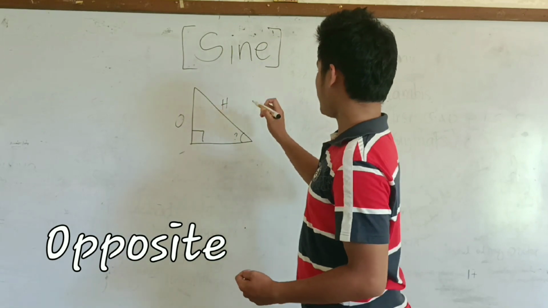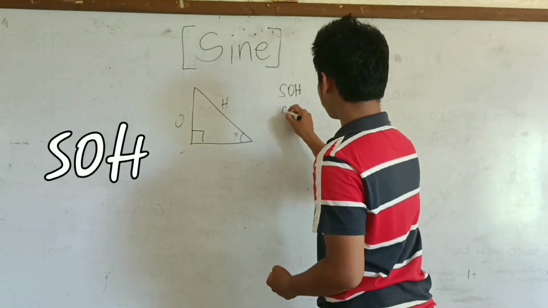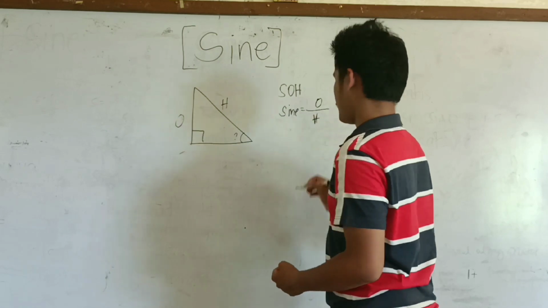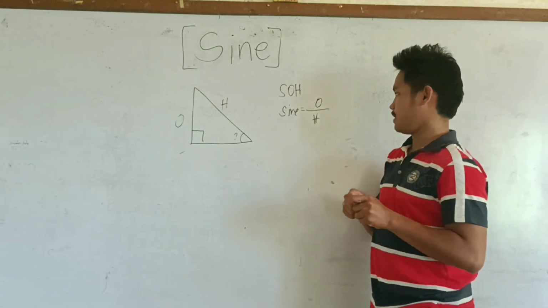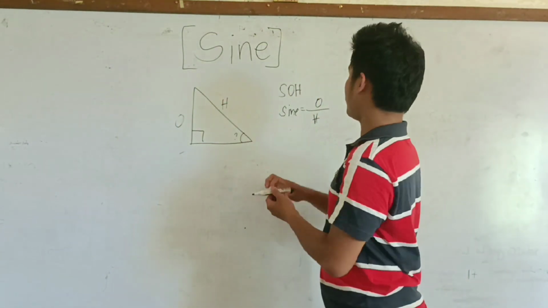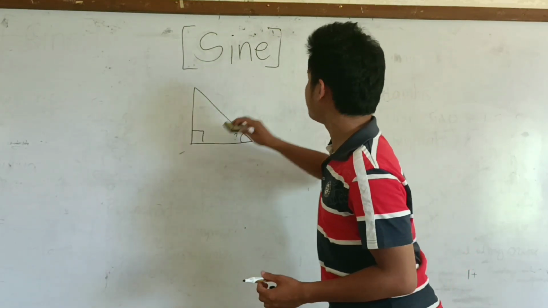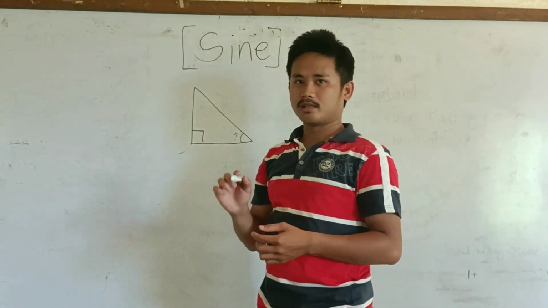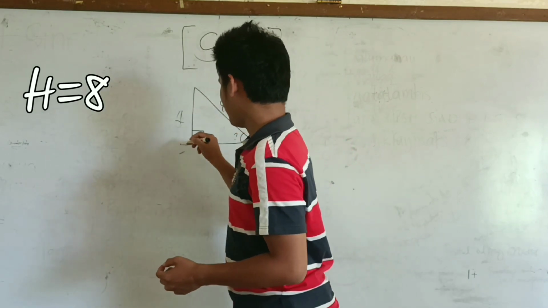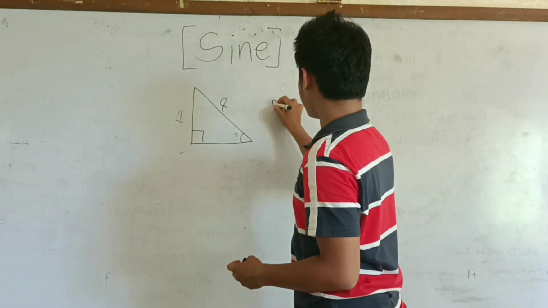Okay, so sine has a formula. Sine is equal to opposite over hypotenuse. In order to get this, I am going to show you an example. Let us say that the given value of our hypotenuse is 8, and the given value of our opposite side is 4. Now, to solve that, we have sine